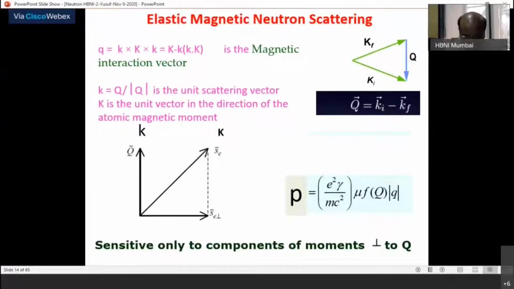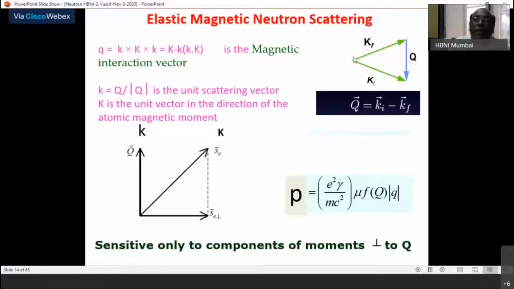Either in a scattering experiment, in a diffraction experiment I am talking about. So when I talk about a diffraction experiment, this is my incident wave vector ki of the neutron. That means you have to think like this. Neutron is coming like this from the reactor, and you have the sample here. If this sample is not there, neutron would have passed through directly. So this is your incident wave vector, right?